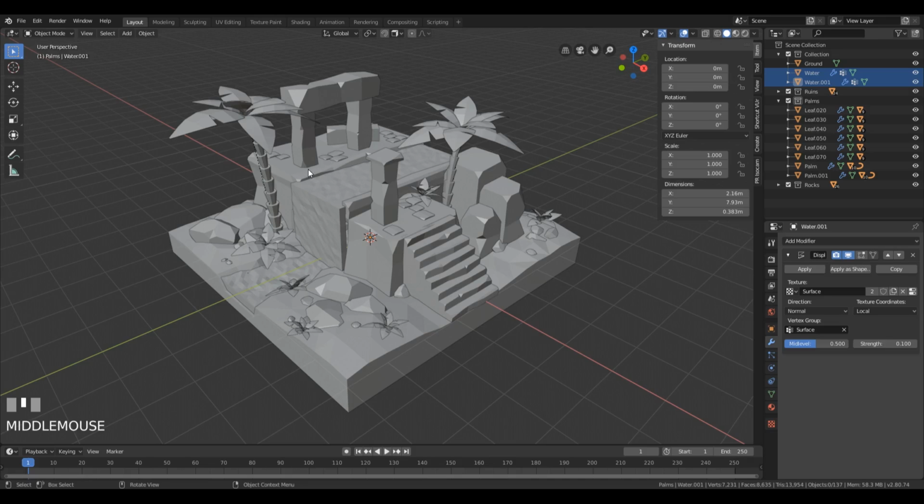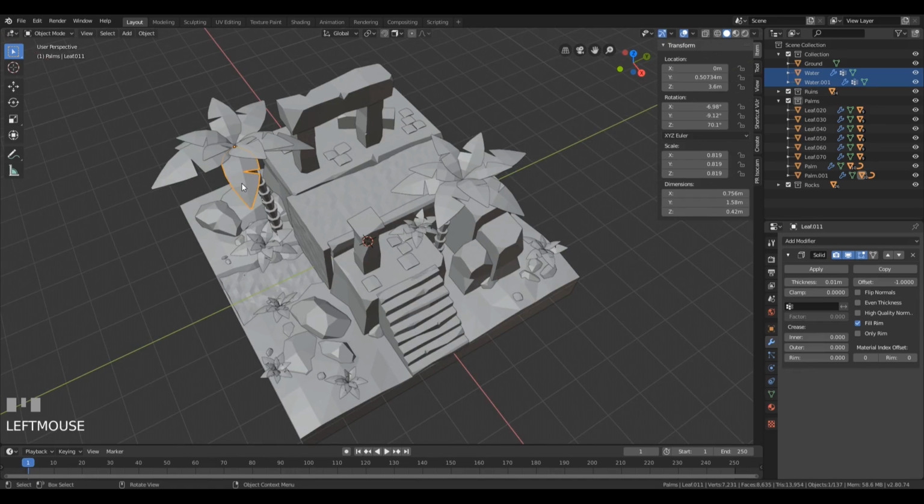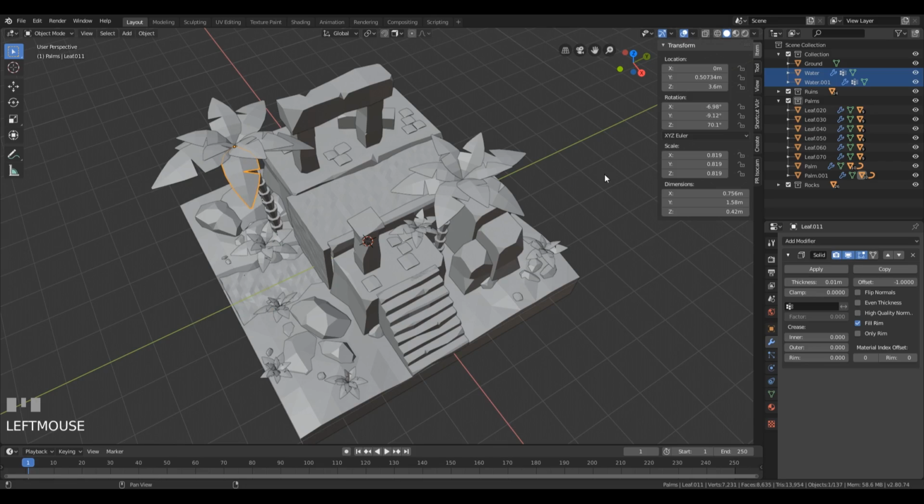First, we'll need some leaf and select one of those with the left click. And right now I need you to duplicate it, but not as a link duplicate, but full duplicate. So either you right click and click duplicate objects or press Shift D. So let's press Shift D. Let's press enter. And now we'll need to clear the parent again, because this leaf is parented to this one